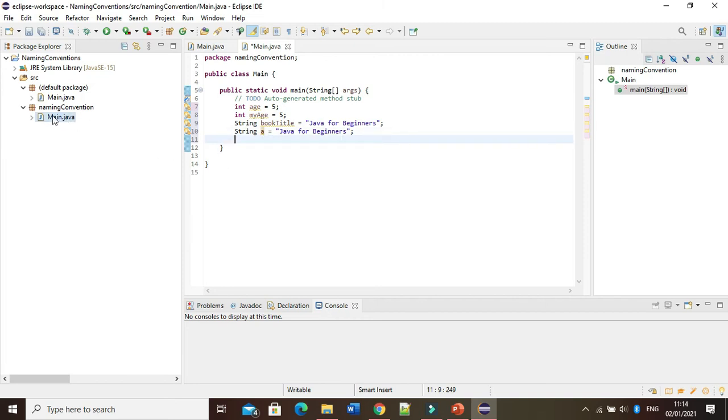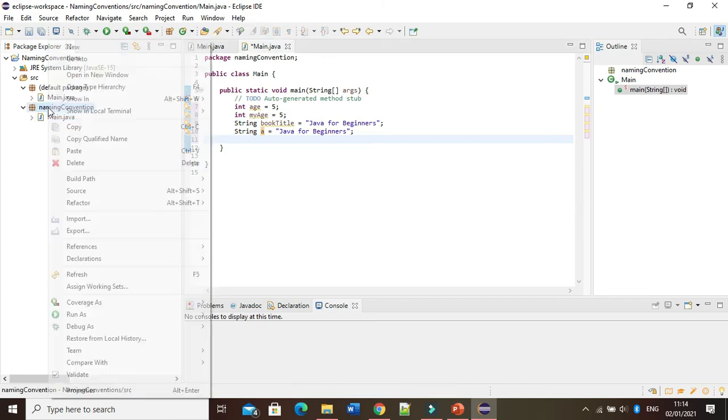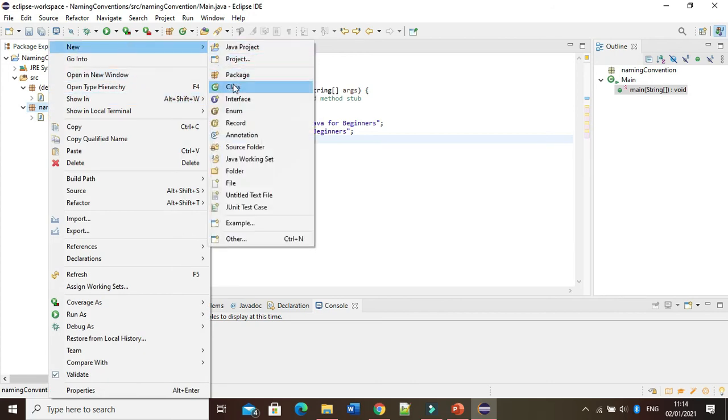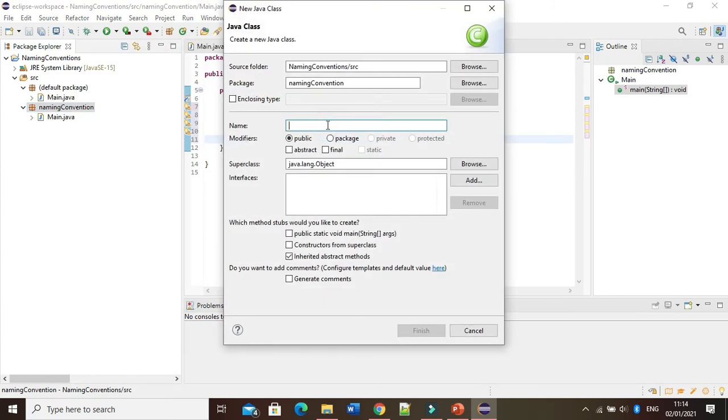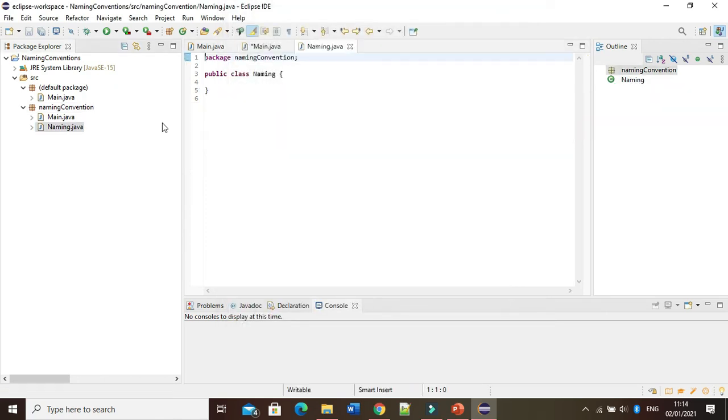So here we have the class Main starting with a capital case M. Always all classes start with a capital case. So we'll add another class Naming starting with a capital case N. It's not a static void main, so it's a normal class which has its package name, naming convention, and we'll add the constructor of the public class Naming. The constructor is just like the class's name. Here Naming starting with a capital case N,